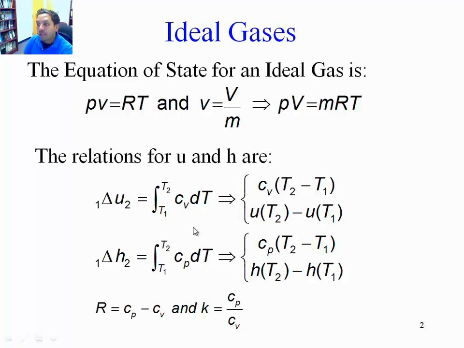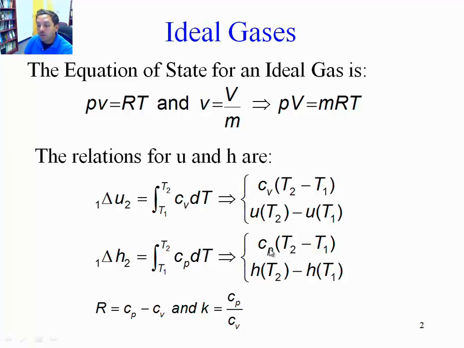There are 2 basic models for solving this particular integral. One is the constant or average specific heat model, where we can approximate Cv to be a constant under this range of temperatures and say that the change in energy is equal to Cv times the change in temperature. Or we can just look up in the tables, as a function of temperature only, the energy in state 2 and the energy in state 1, and subtract them. So we can look at the 2 values of temperature and the 2 corresponding values of energy. Same thing for the enthalpy.